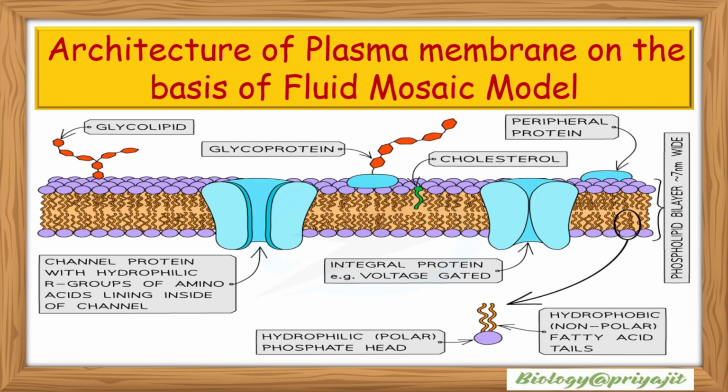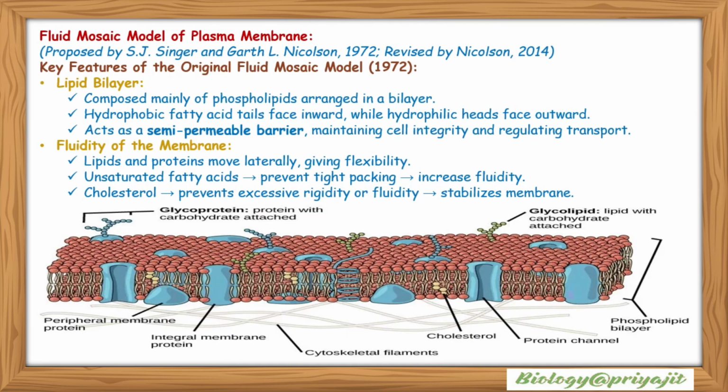of the plasma membrane. The fluid mosaic model was proposed by S. J. Singer and Gert L. Nicolson in 1972. Further, it was revised by Nicolson in 2014. The key features of the original fluid mosaic model, which was described in 1972, are the following: lipid bilayer, which is